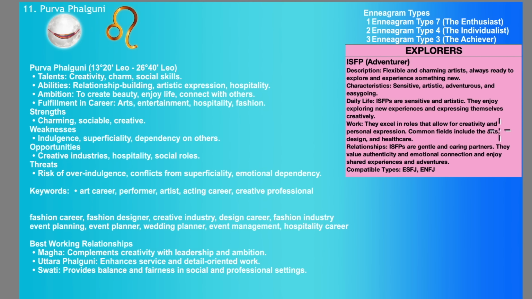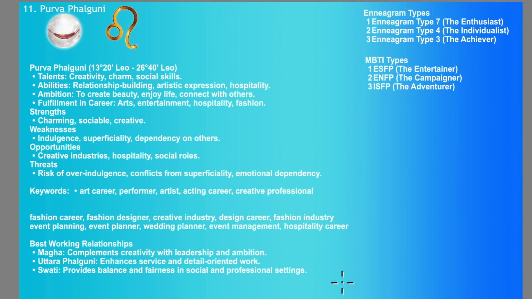Okay. So that's for the Purva Phalguni. Again, always tie in what comes up from the Enneagram, from the MBTI, and match it to Purva Phalguni if you have lots of planets and points in D1, D10, Ascendant, and 10th Lord. Okay. Next we shall see Uttara Phalguni, which is the 12th one, which ends Leo and starts Virgo.